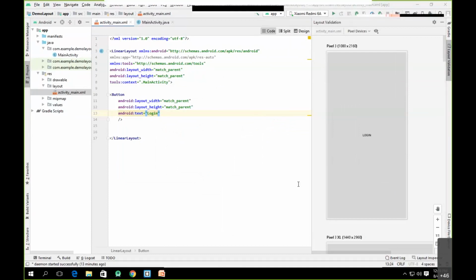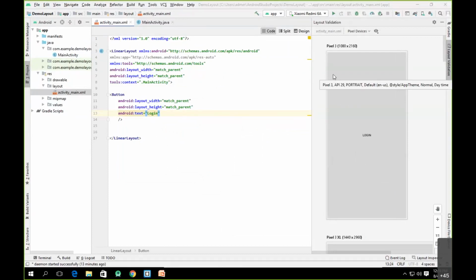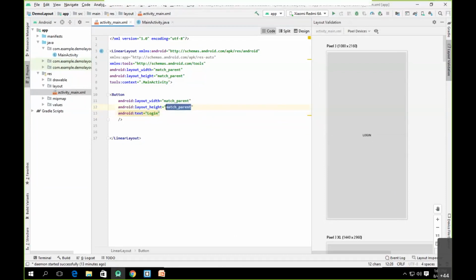Now I don't want to show this button in this way. I want the button to occupy the entire width, but its height should be adjusted according to its content. That's why I'll choose the height as wrap content.